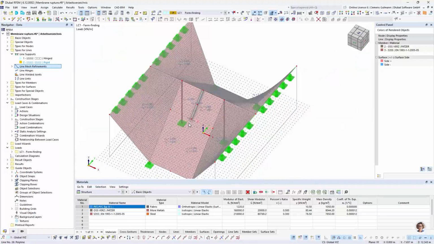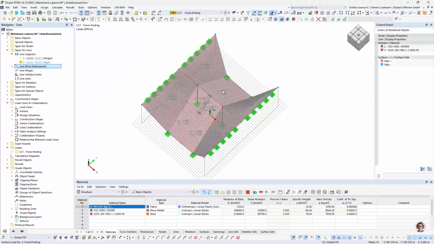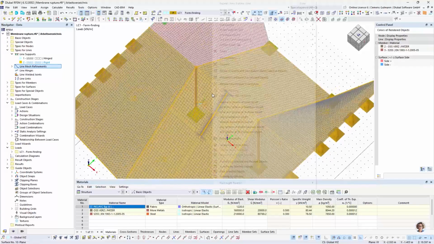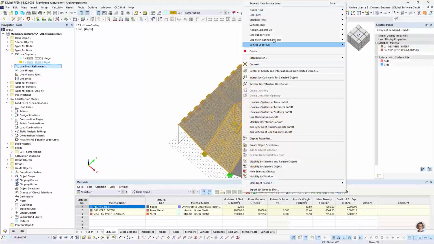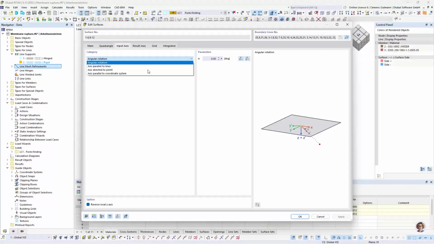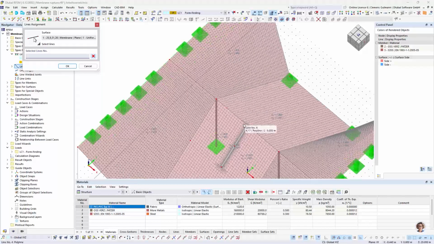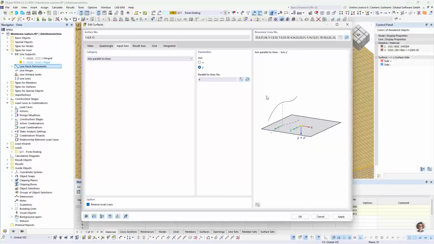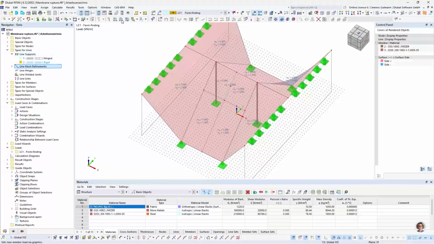Okay. So one thing we didn't take a look at yet is how the local axis systems are oriented, and I want all of them being oriented the same way. So I'm selecting all of them, go into surfaces, edit, and go to input axis, axis parallel to lines, and I want to have the weft direction parallel to this top line here. Good. Then last thing missing are the cables,